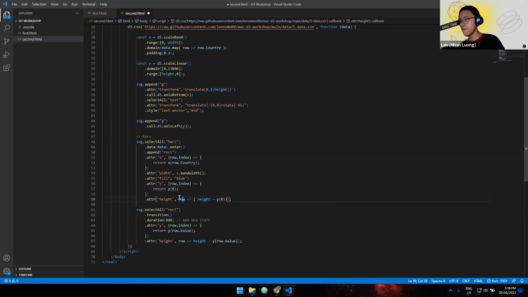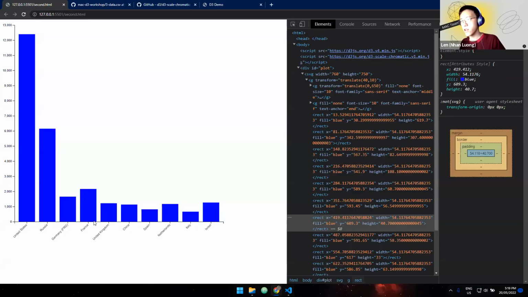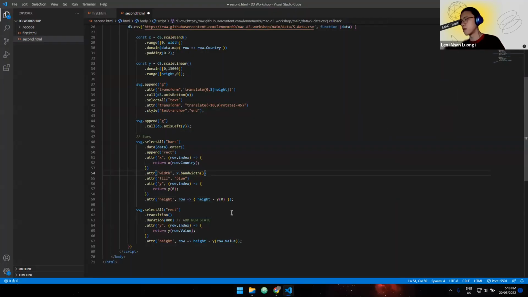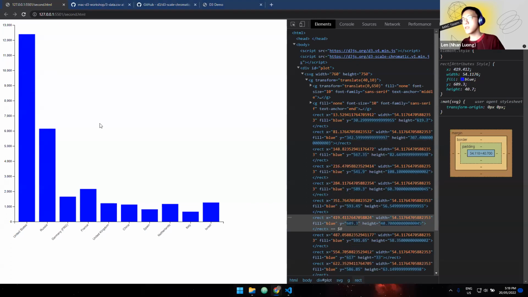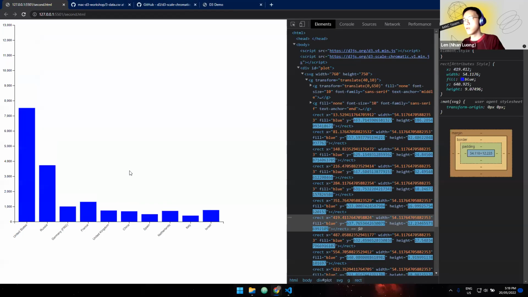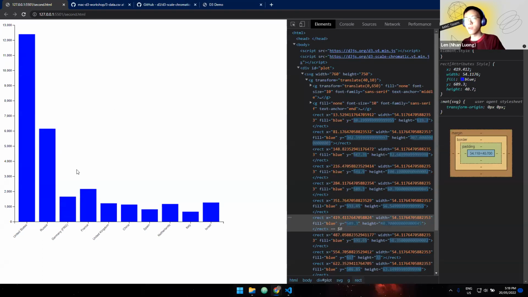Why? Because we want it to be on the axis here, right? And remember this axis here is height minus y of 0. Okay, so now you can see that everything goes upward,